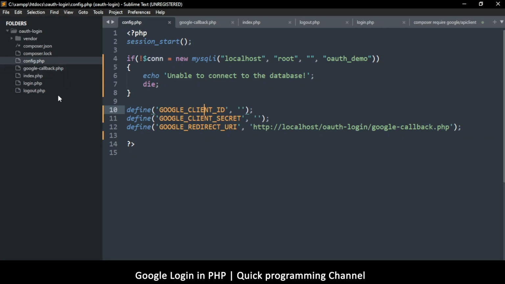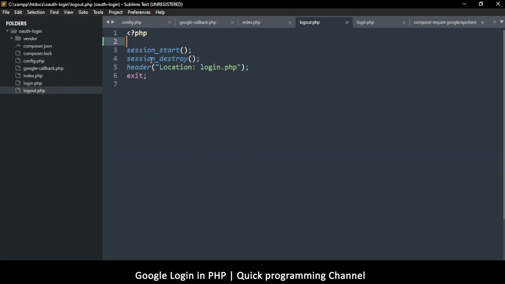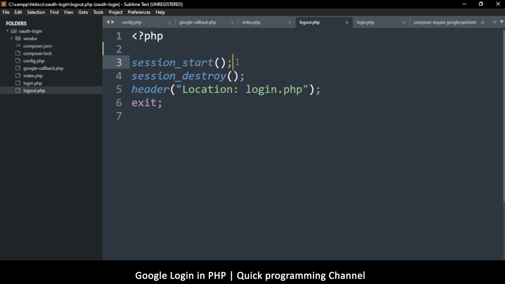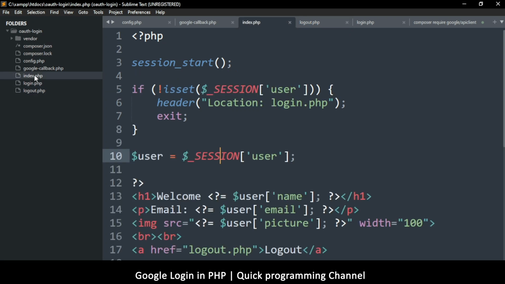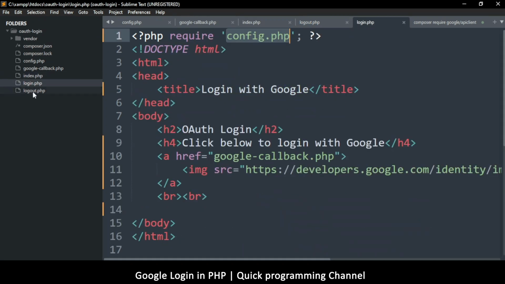Now let me go to the logout page. In the logout page, all we are doing is just destroying the session. We have to start the session so we can destroy it, and then redirect to our login page. We don't really need the exit function, but in case you have some other code down here, who knows, but you don't really need that because there's nothing left here anyway. So we redirected to the login page. It's as simple as that. So that's that. We've done the index, login, logout,